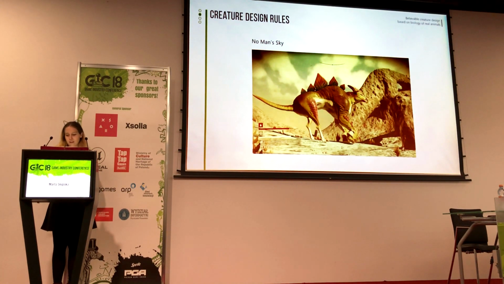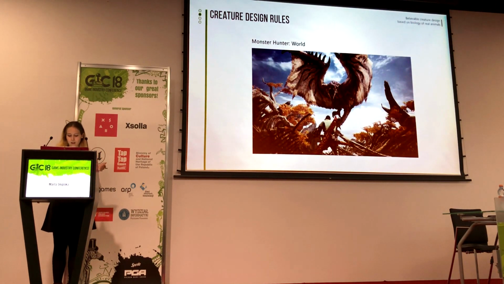On the other hand, I have a good example of using this method, and this is Monster Hunter World, where creatures are created with very big thought and focus on anatomy and how they look, depending on what they are and what their mechanics are, and I think it's the best thing. It is also a very well created world with all the dependencies that animals can have, and I think it's amazing, because in the game some creatures will not show up in an area where other creatures that are a danger to them show up. So it's totally living and full of relationships, and I think it's very good.